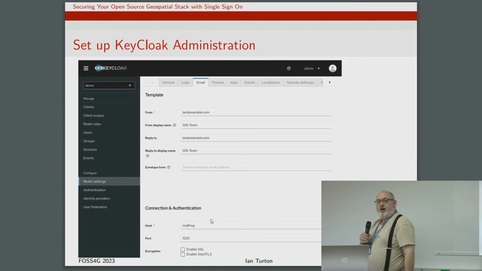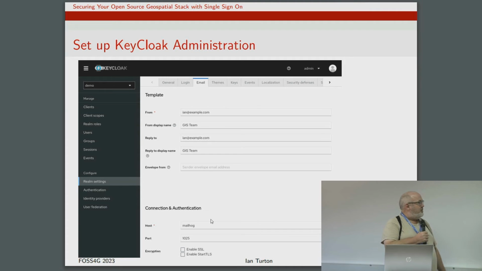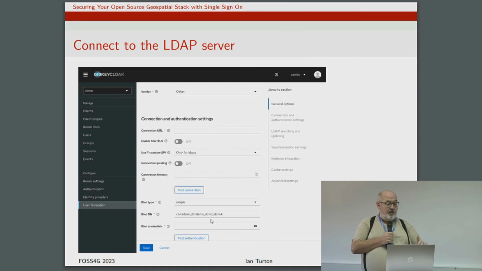Anybody who ever tries to set up anything that has to send out emails to users, I highly recommend MailHog, because it pretends to be an SMTP server for you. So you can check that your email's working without having to actually use a proper service, and all of the trouble you get into authenticating yourself with the user service. So it's well worth it for testing purposes.